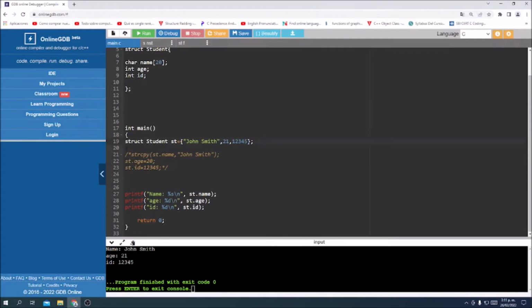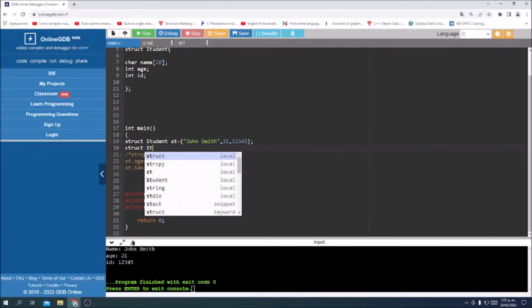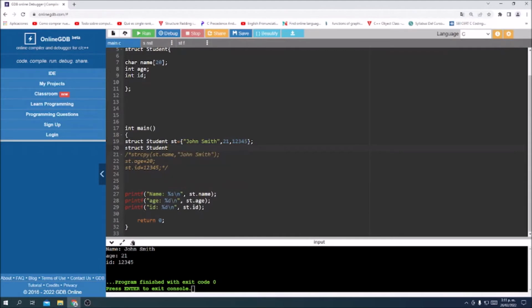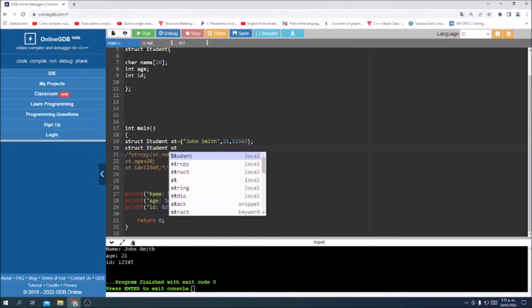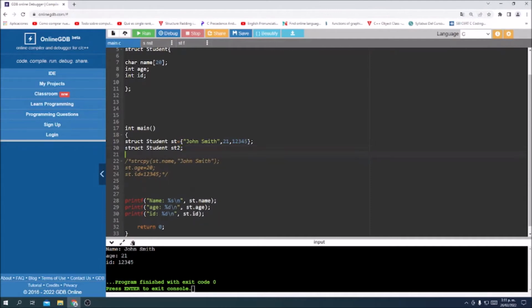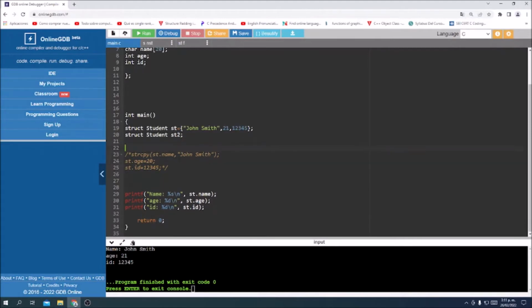Okay, now I'm going to create another struct variable of the same type, struct student, but this time I'm going to call it st2. Okay, so pay attention to what I'm doing now. Now I'm going to print the values inside st2. So I'm going to change here in printf st2 dot name, dot age, dot id. Okay, and now let's hit run. It's some garbage values,